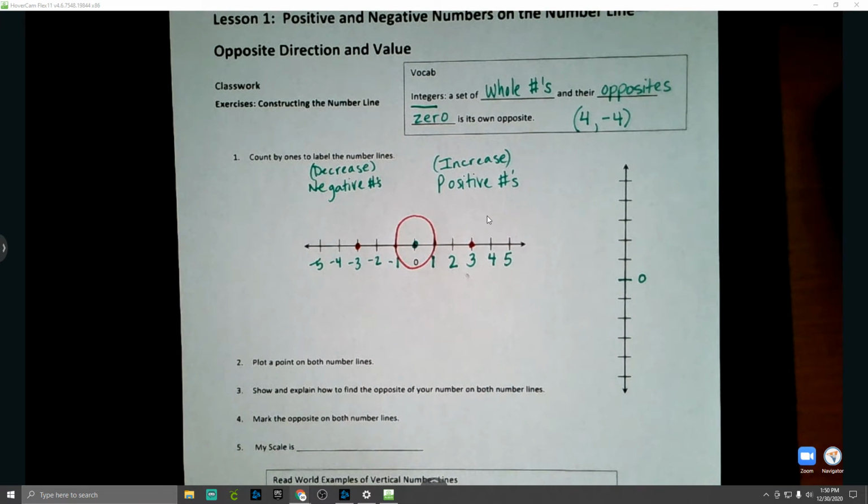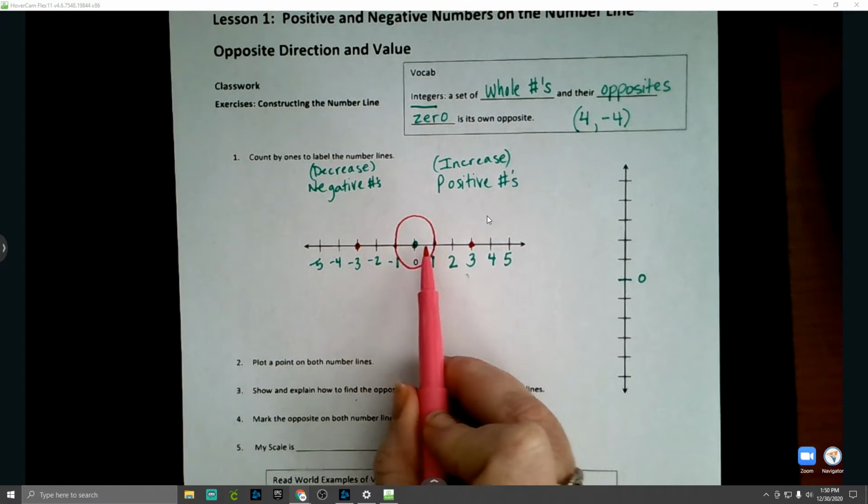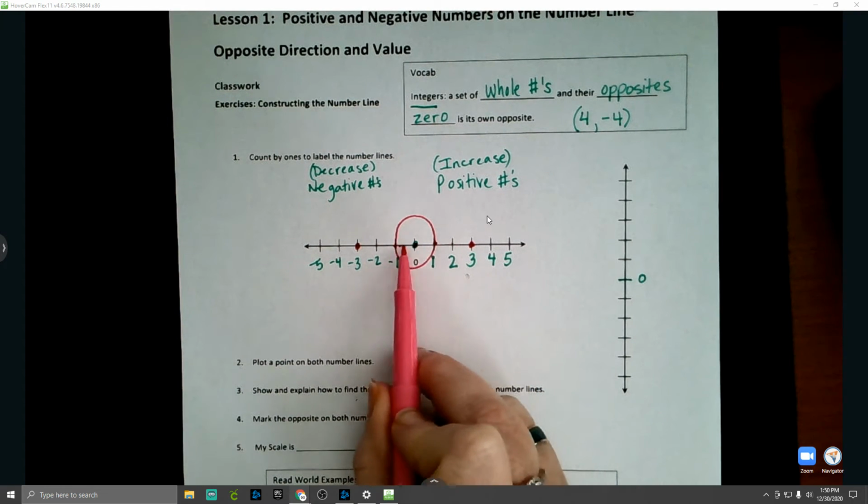And so we plotted a point on the number lines. We're going to show and explain how to find the opposite of your number on both number lines. So what we want to notice from here to here,